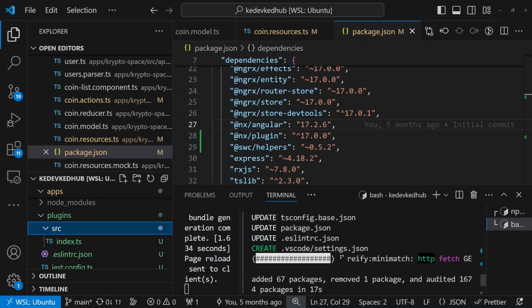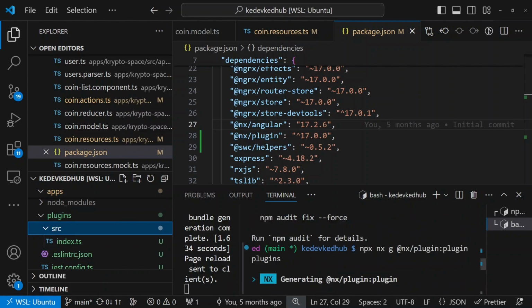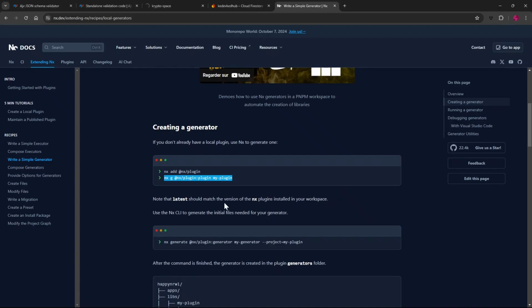So it did create the plugin folder for me. Now if I continue,